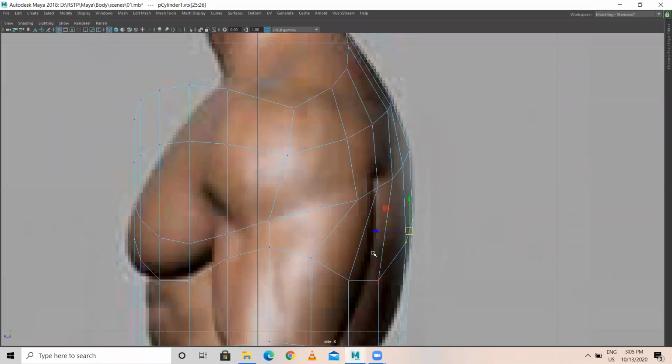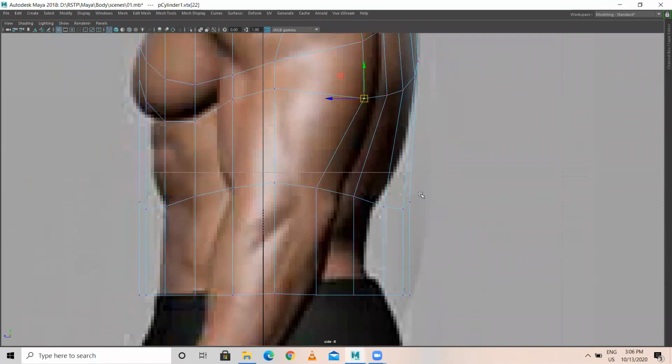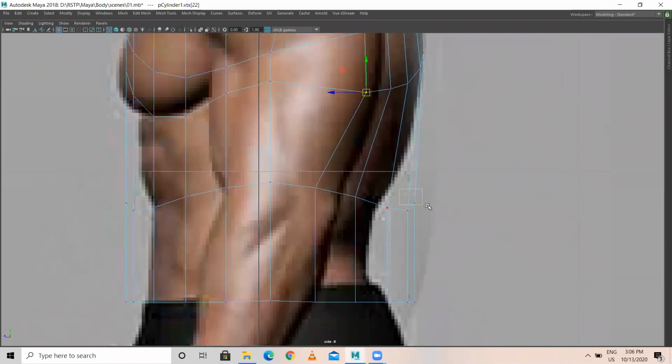So this is over here. So this part is here.